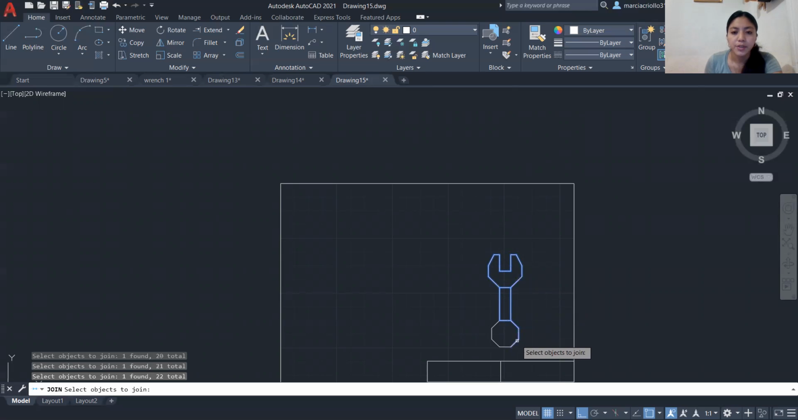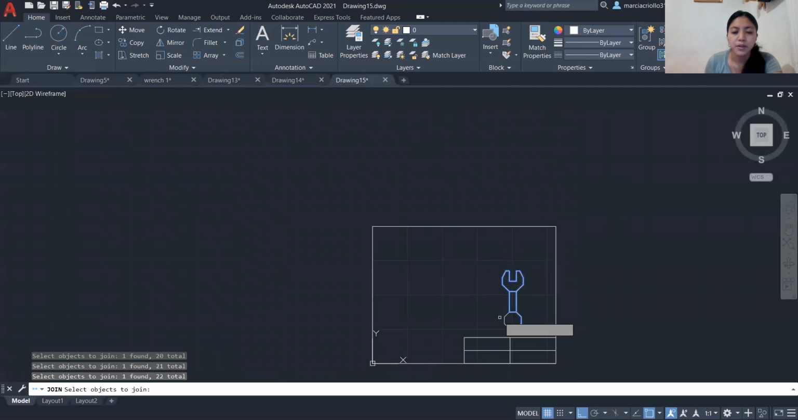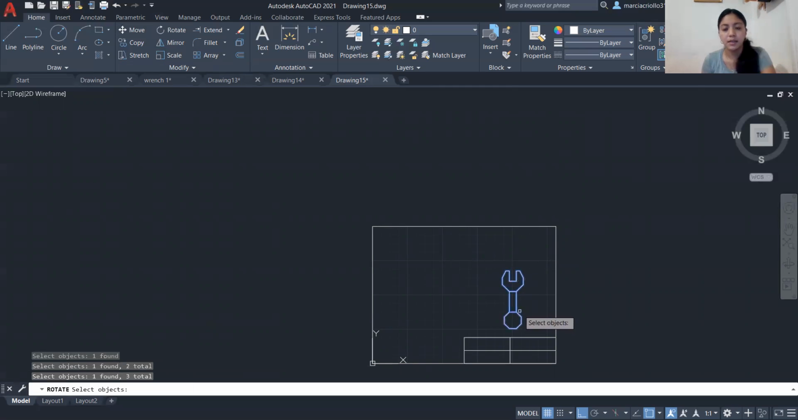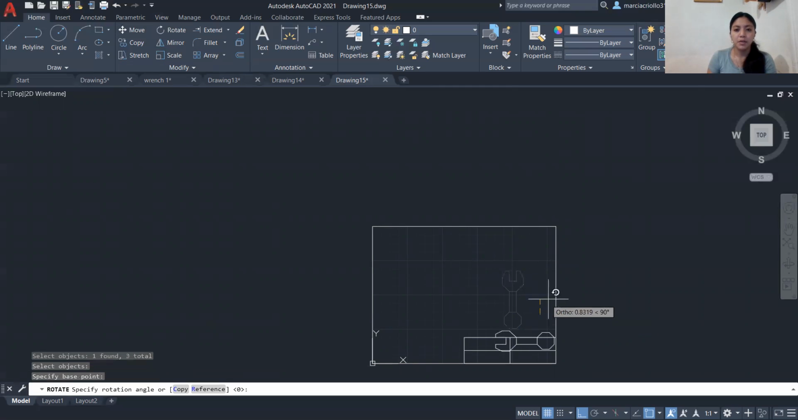So this is not the finished product. It's just that I'm teaching you really quick on what I did to rotate it. Once I have that done, I press enter and it's joined. Now I'm going to type rotate, and then select the item, and with the item selected, find the ending point. Now we'll rotate it. Right now I'm going to turn off ortho,